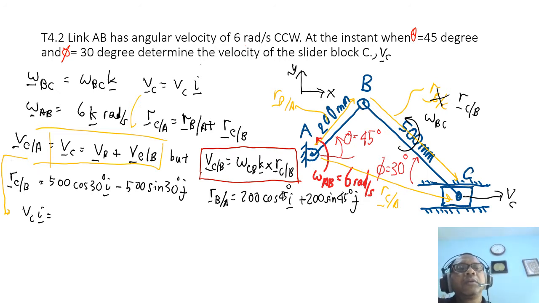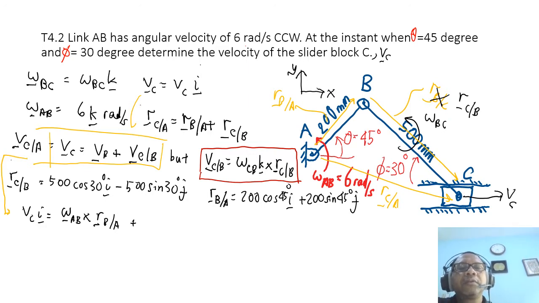So VB is 6K cross the position vector. Let me use symbols here. So VB is omega AB cross position vector B relative to A,